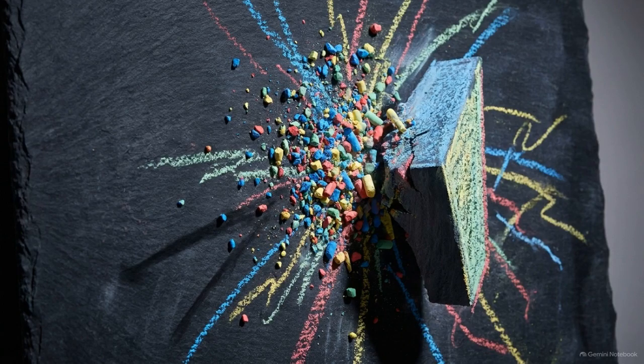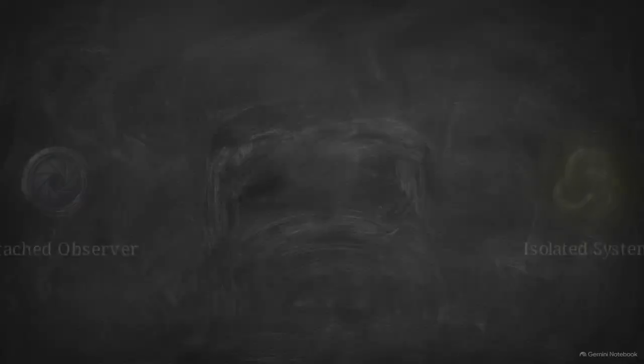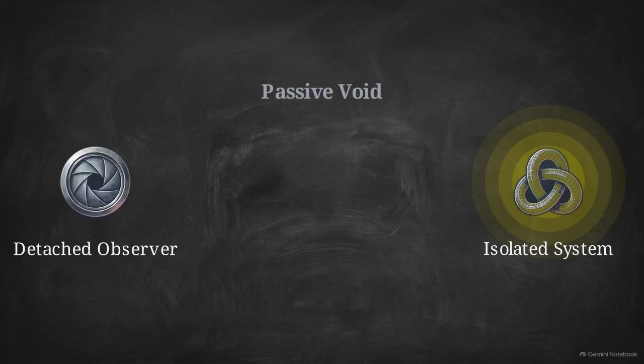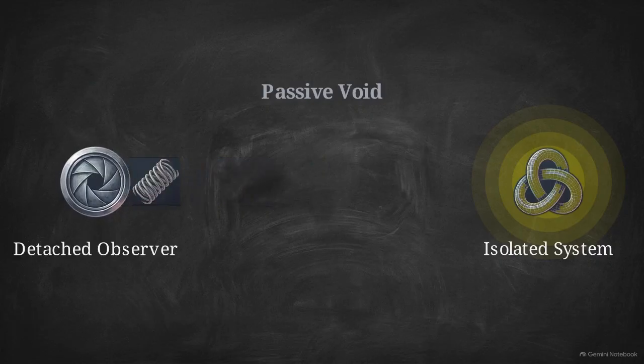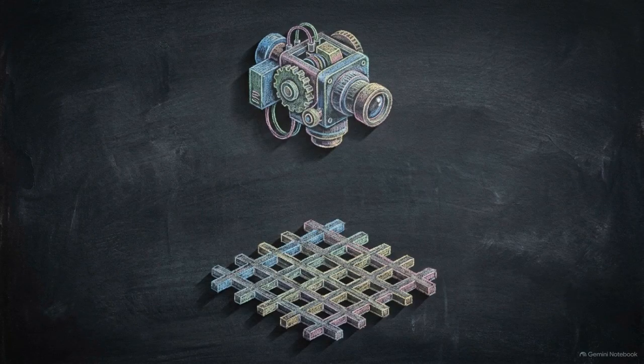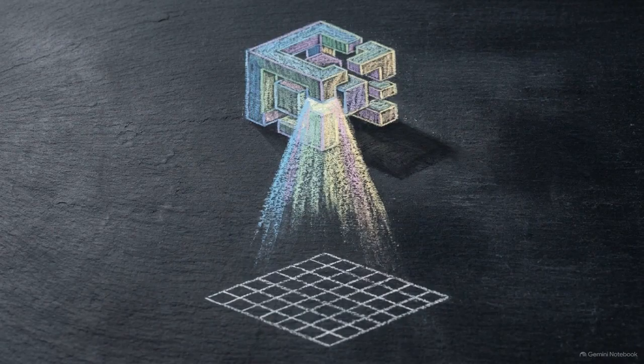to scatter remains unidentified. This gap stems from the Archimedean point, assuming the observer is a detached entity measuring an isolated system across a passive void. Without a physical substrate connecting them, measurement remains abstract. A true vacuum provides no medium to transfer energy or momentum. As long as the observer is treated as an external actor rather than a physical component of the system, the actual source of measurement limits will remain hidden.